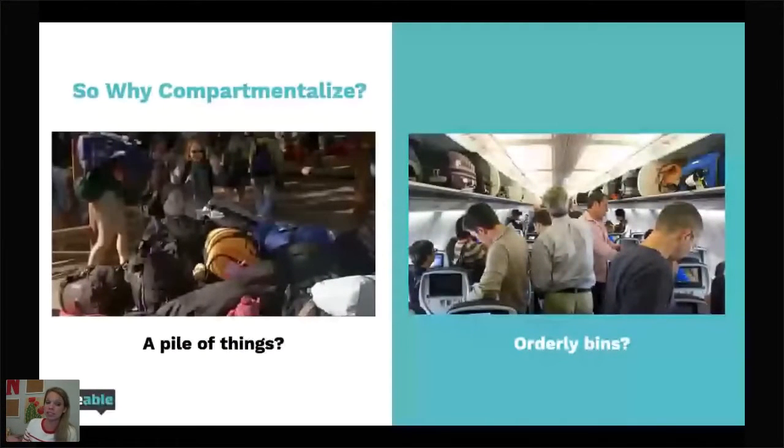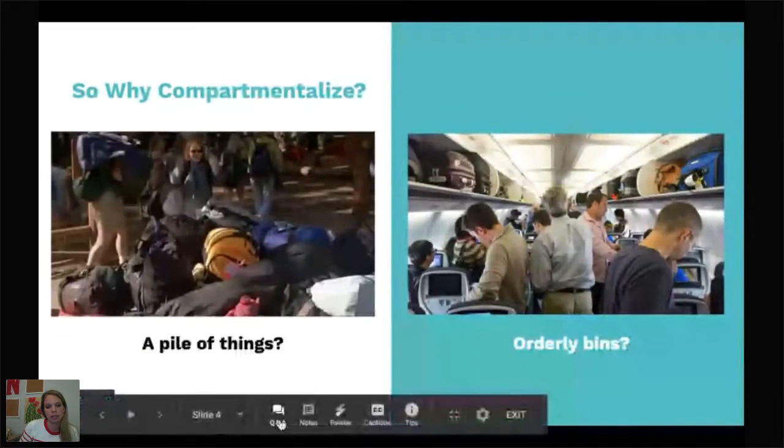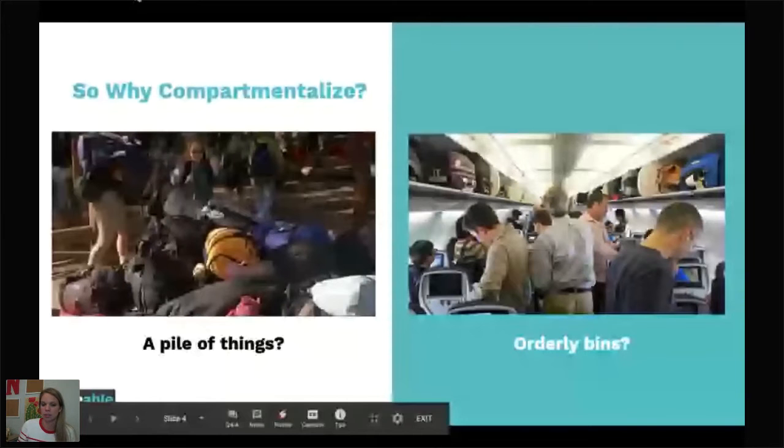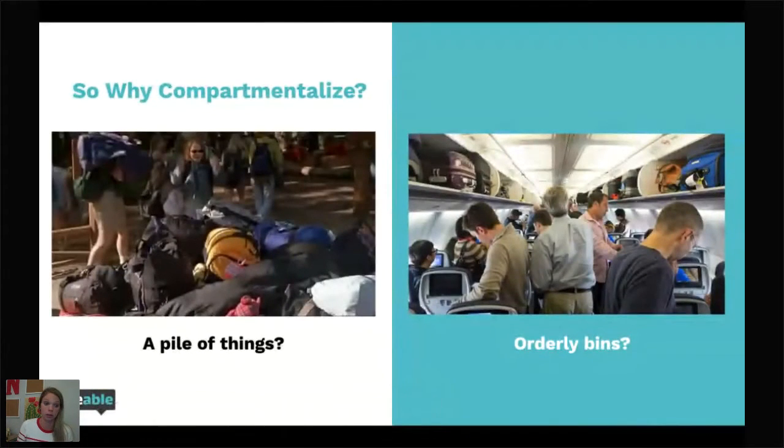I have two scenes here because I like to start things off with a metaphor. Why are we compartmentalizing? What I like to think of whenever I think of this, I think of two different things. I think of the Parent Trap. Have you guys seen the masterpiece that is The Parent Trap? The Lindsay Lohan version. I mean, the other one's fine, but the Lindsay Lohan version is better. Have y'all seen The Parent Trap? Yes? No? Maybe so? It's okay if you haven't. Of course! Thank you, Anna.